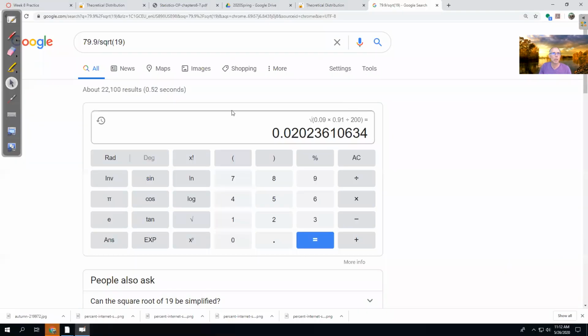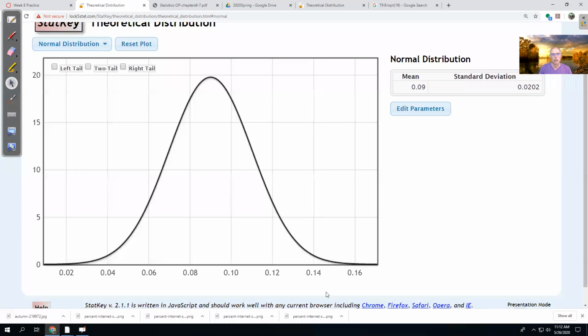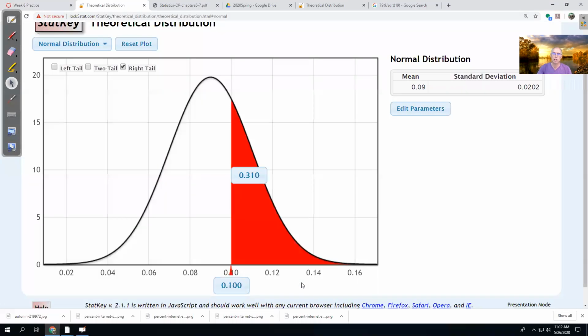StatKey is way easier. So StatKey, edit parameters, so my mean is now 0.09. It's got to be the decimal version. And standard deviation is 0.0202. I'm going to go with the 4 decimal point version. And then I need to identify a right tail for 10%. So 10% is my X value, and it looks like there's a 31% chance that 10% or more won't make their payment on time in a random group of 200 loan recipients. Okay,